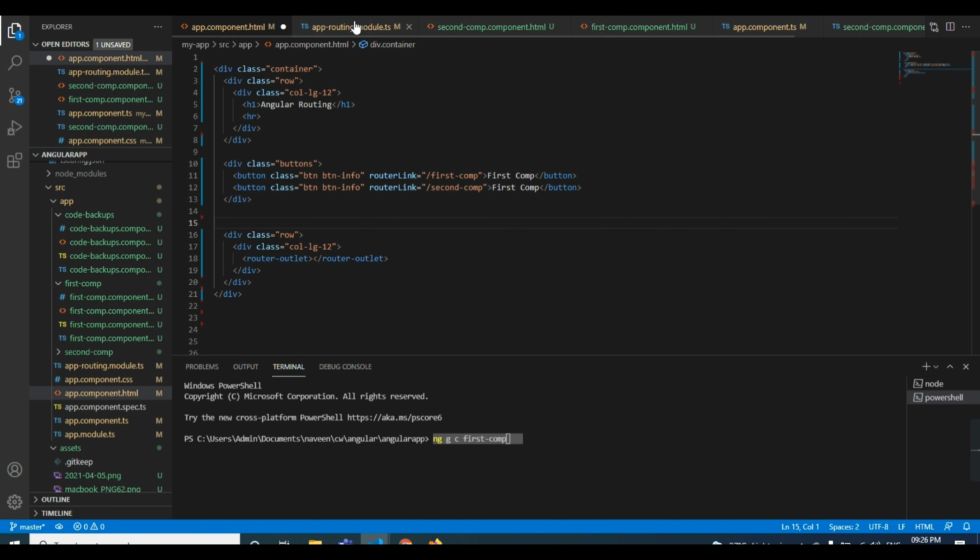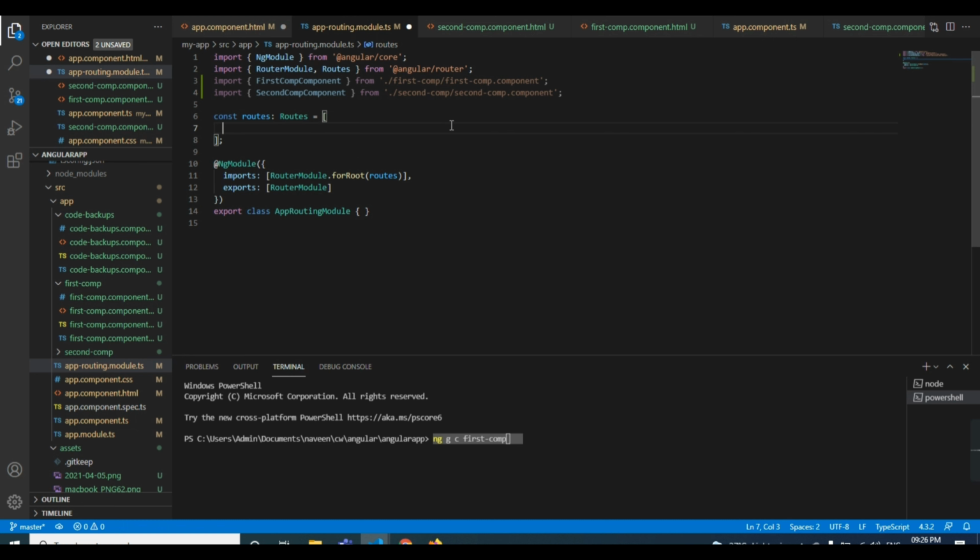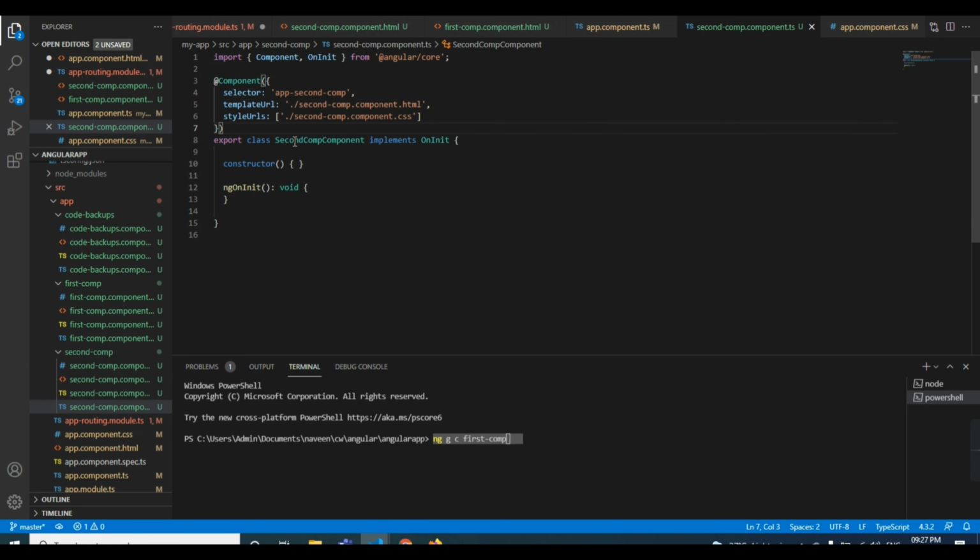Coming to the app routing component, I need to give a path here. I need to give an object inside the routes array. For the path, I need to give the name first-comp, comma, then the component, which I will copy from the component name itself.